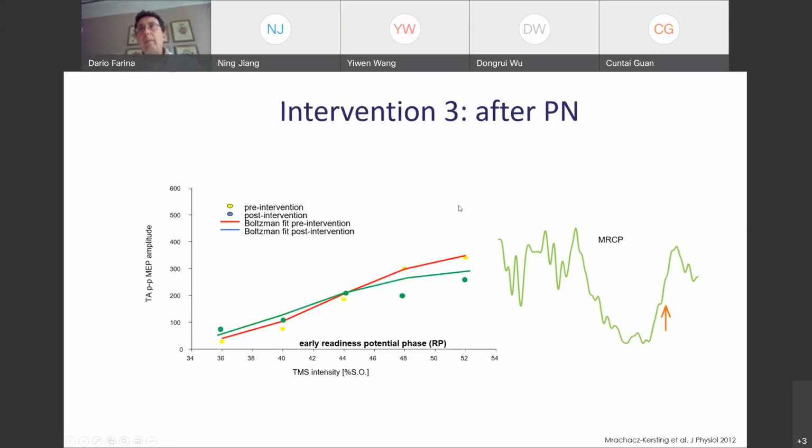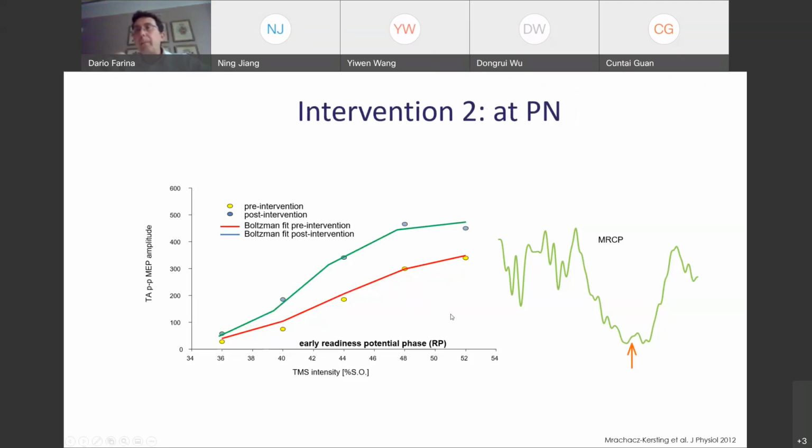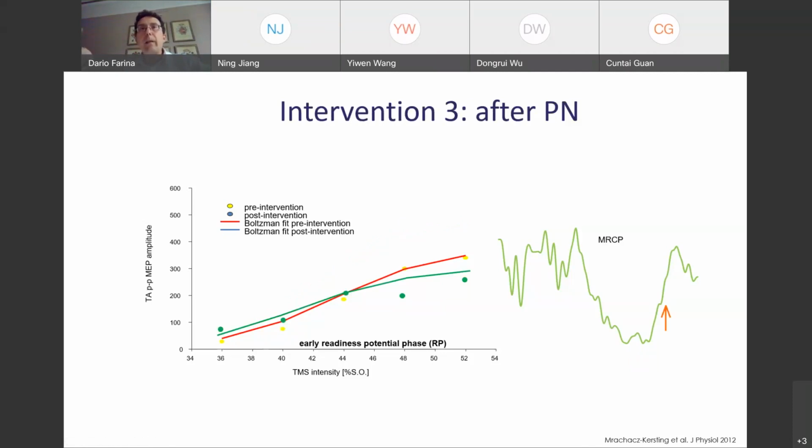So these results were amazingly consistent. They were very, very clear, and they were substantially different from one session to the other. So just a few hundred milliseconds difference in this timing were causing a completely different effect. It told us that the mechanism we were looking at indeed is a classic mechanism of associative plasticity at the system level, and that it could actually be used as a very efficient way to induce plasticity in a BCI paradigm, in particular to increase excitability.